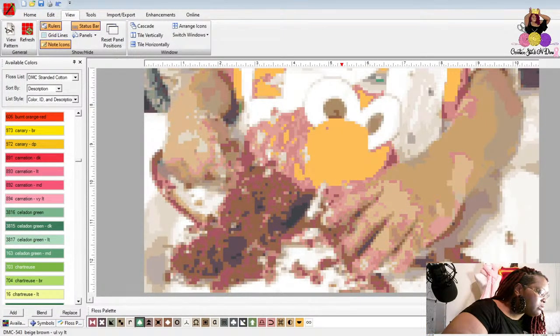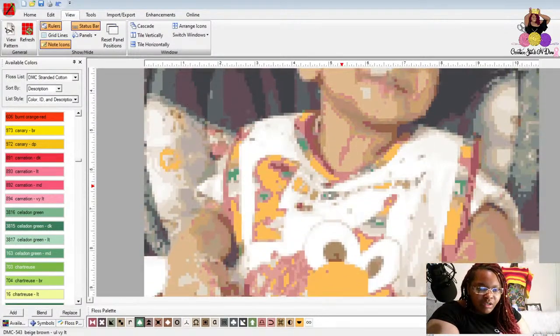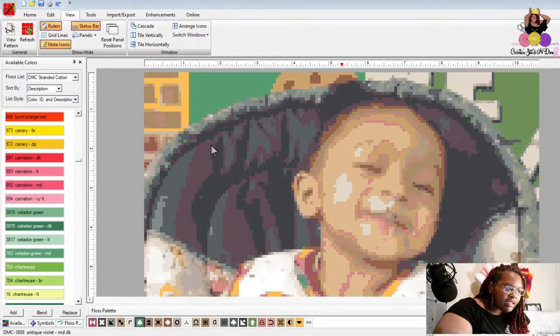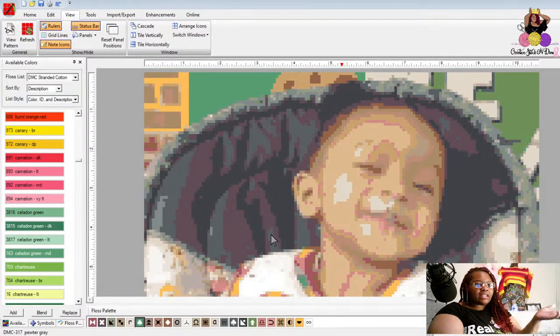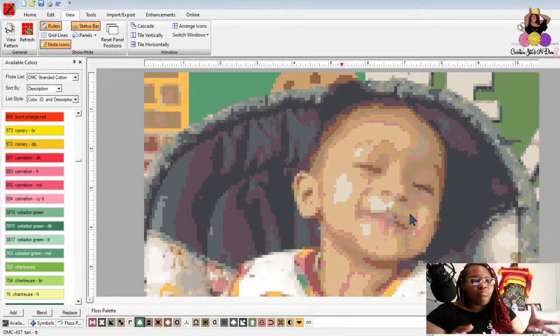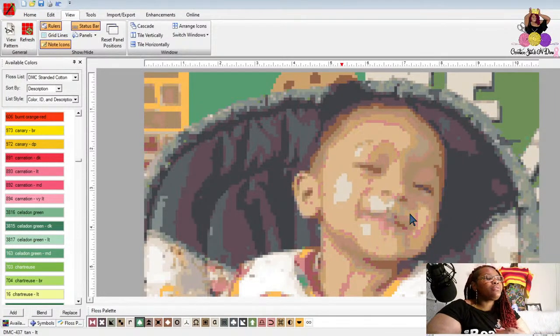What else? I think that part is it. And you just basically got to change the consistency. So all of the shadows on her face is not necessary, but I had to add like 25 colors. So sometimes